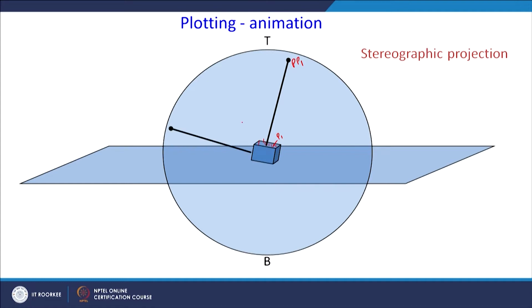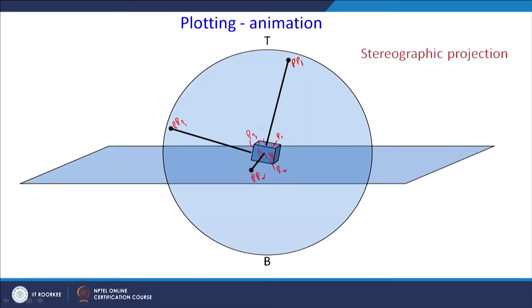Then there is another normal going from another plane, another 100 type of plane. Then there is a third normal which is also coming out of another 100 type of plane. So, let us call this P2 and this PP2, and this P3 and PP3. This particular plane is P3. So, you can see that I have taken 3 normals here from 3 different planes. I can take from other planes also, just for simplicity I am taking it from 3 100 type of planes.